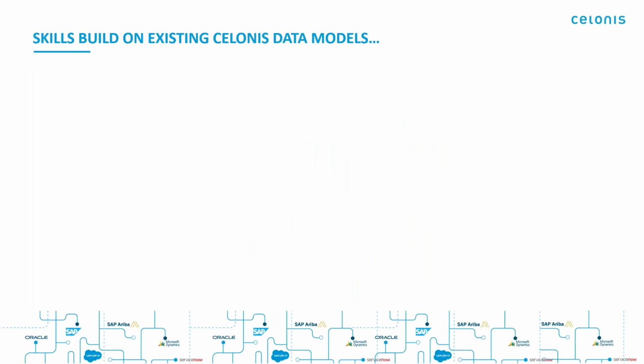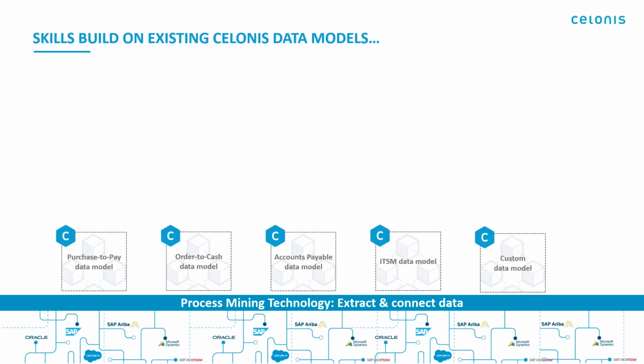That being said, let's start with the concept of skills. So that's now a very important concept on the next two slides. As stated previously, the basis of everything are the different operational systems that you have in place, which you can see at the bottom. So it's basically the digital backbone of all your operations across the systems. What the process mining technology is doing, I've outlined it before, it's extracting and connecting this data to reconstruct the as-is process flow. And in Celonis language, this means that you are creating different data models for different